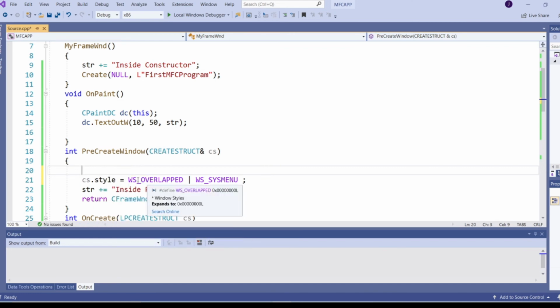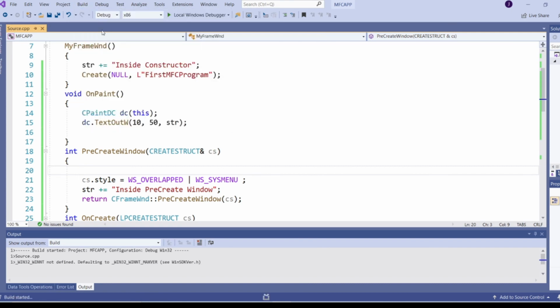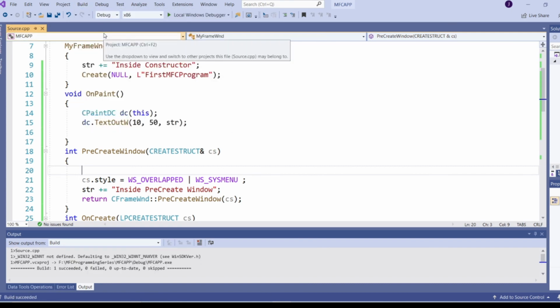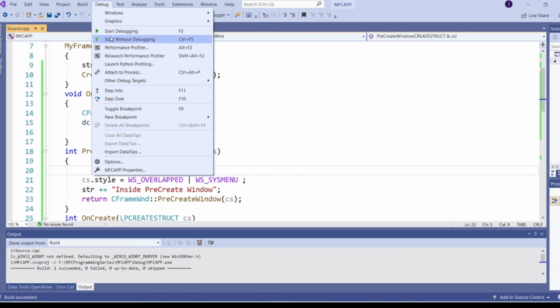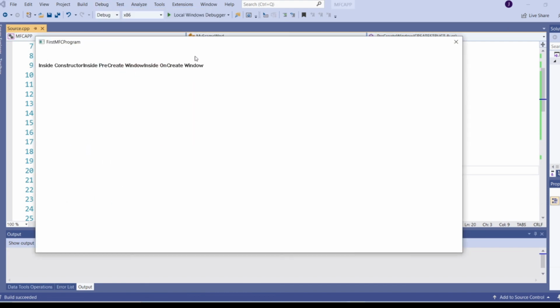Here I have specified the same value, WS_OVERLAPPED and sys menu. Now I am building the solution and debug running it. There is no minimize and maximize button or resizable border.